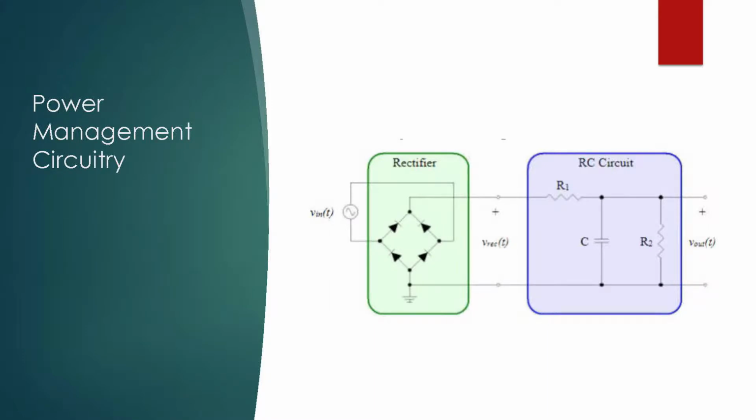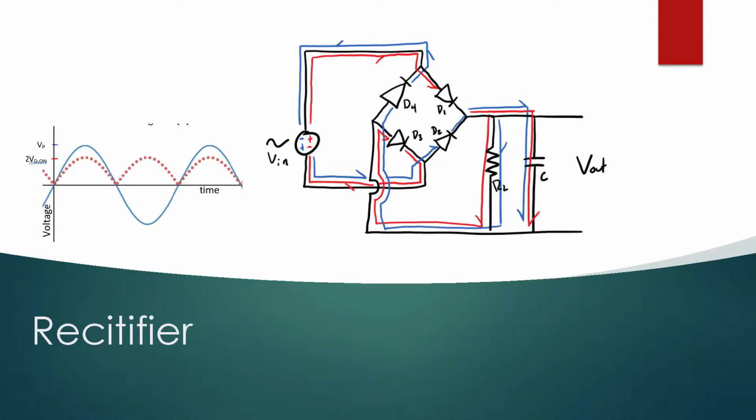The power management circuit is composed of a rectifier region and an RC circuit region. The rectifier circuitry takes in an AC signal and outputs an absolute value of that voltage of the AC signal. This works the following way. The positive section of an AC signal goes into the circuit, shown by the red line. The signal cannot enter D4, but can flow through D1, assuming that the voltage is higher than the diode's threshold